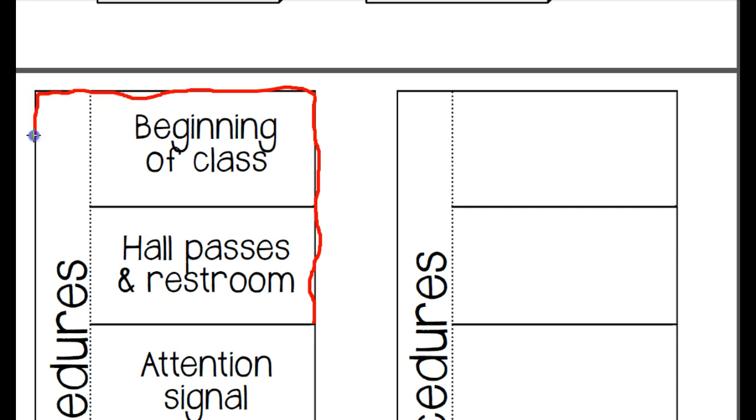The only difference with this one in comparison to the other one is that you're going to cut along these lines so that they look like little tablets. Okay? And once you've done that, go ahead and put those aside. So you want to make sure you have all your pieces cut out